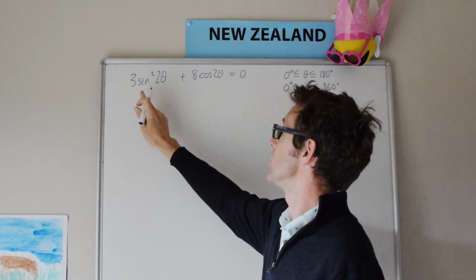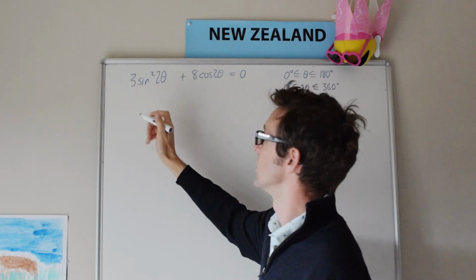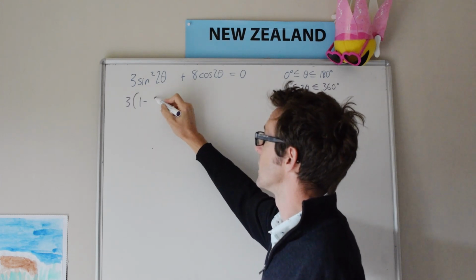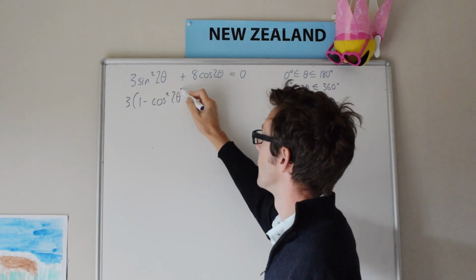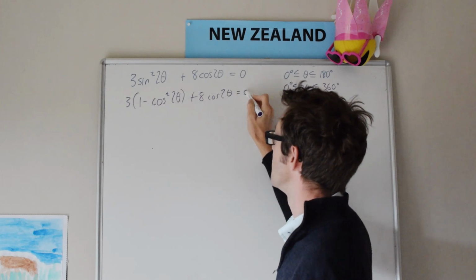And you know a rule for converting sine squared theta. So this is the same as 1 minus cosine squared 2 theta